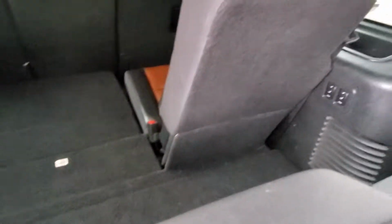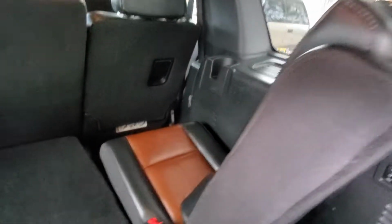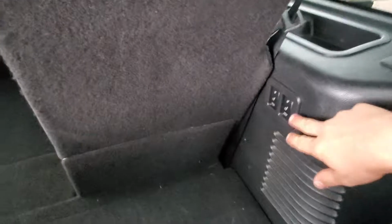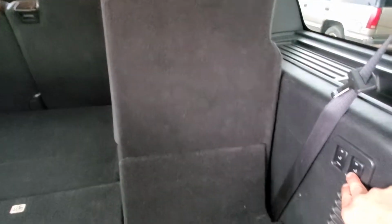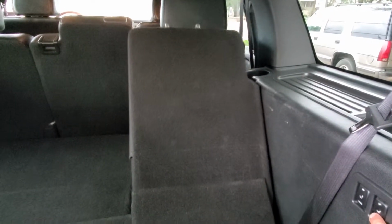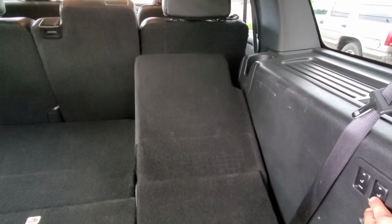As you can see, it is in pretty darn good condition. And you also have power folding third row seats, which is nice. Go ahead and fold that down. And then we will